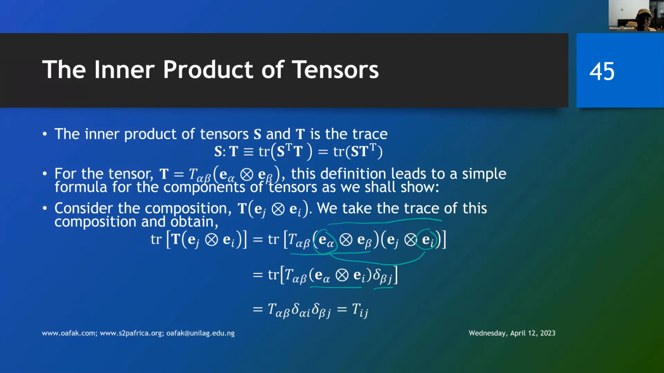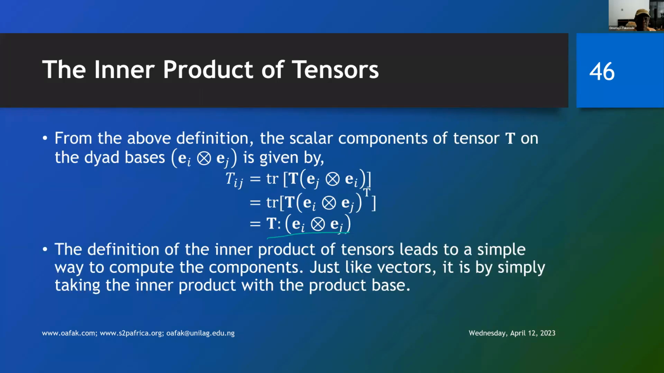If you don't take the transpose of one of them, what you have is not an inner product between the two of them, but the inner product between one and the transpose of the other one. So if you want to get the inner product of two tensors, you must take the transpose of one with the other one before you carry out the composition and taking the trace of that composition. So the above,